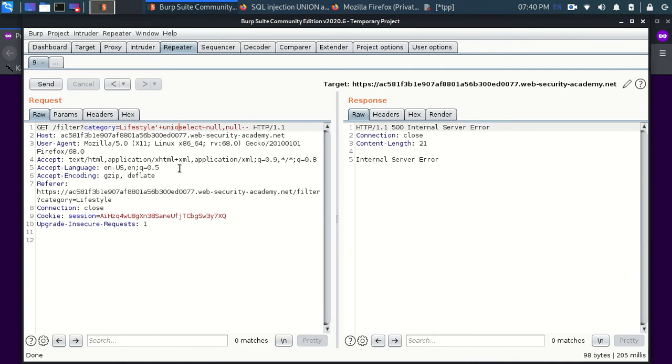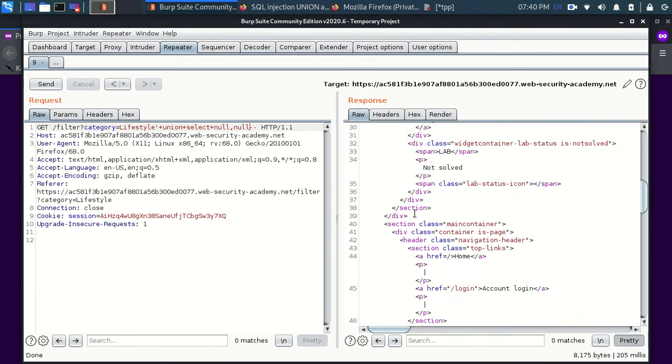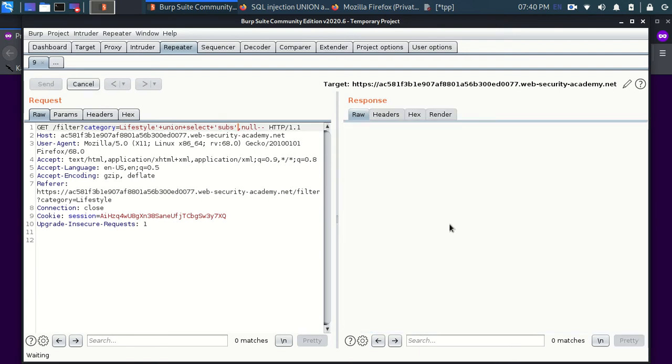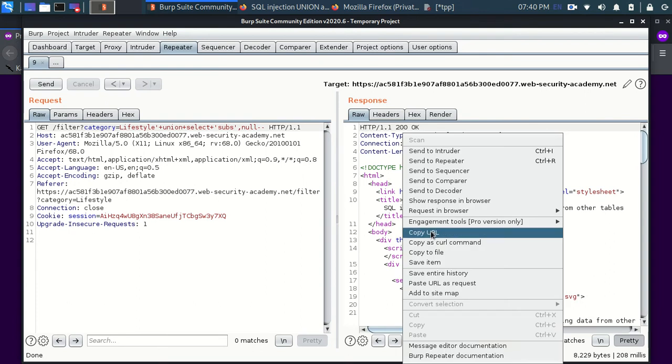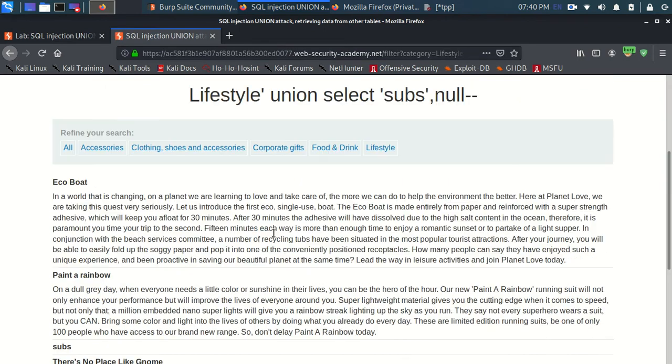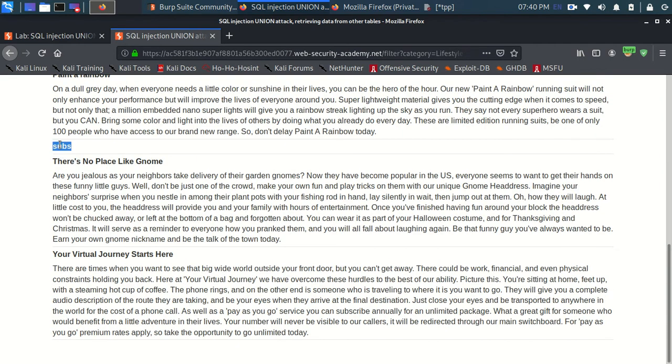Now let's do this again. When I type one null, it's giving me an error. When I type two nulls, it's working just fine. So rather than null, now I'll type some text like 'please subscribe to my channel' and send this request, and let's see, it worked. Now let me copy this URL and paste it here, and see, the text I typed came over here. So whatever I am passing, I am able to receive back.